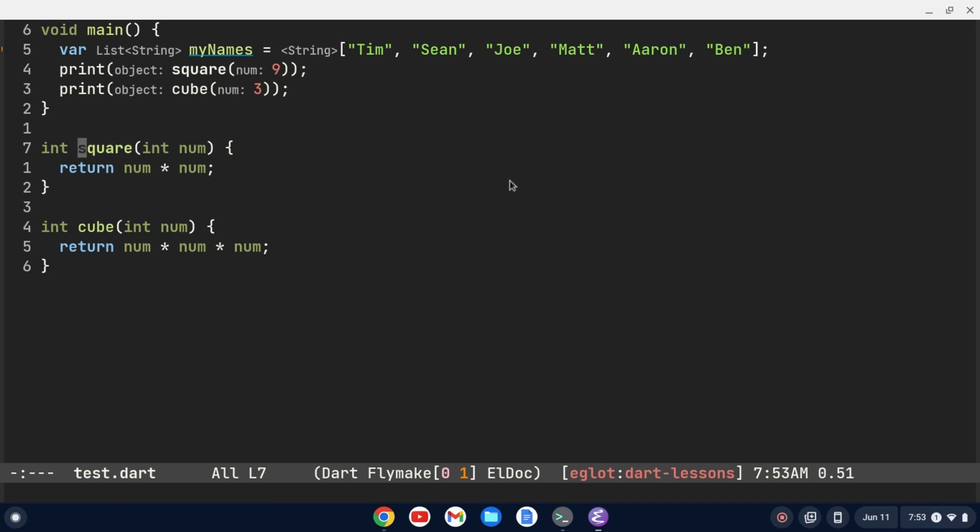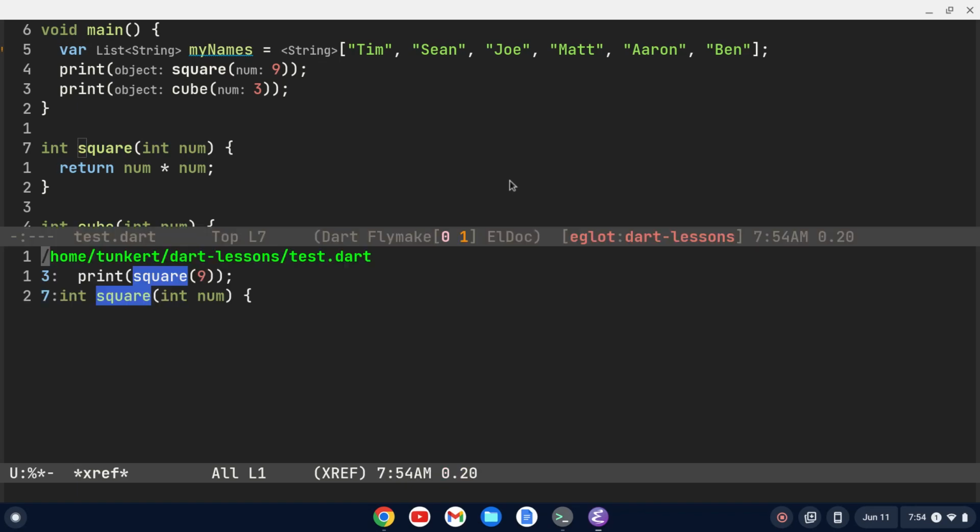And then if I want to find all the references of it, I can do meta and the question mark. And you'll see this separate little buffer comes up with the references to it. So you'll see that I have print square here, and then also print square here. So I have relative line numbers here. So actually on line 3, I have reference to the square function, and then it's defined on line 7. Okay,